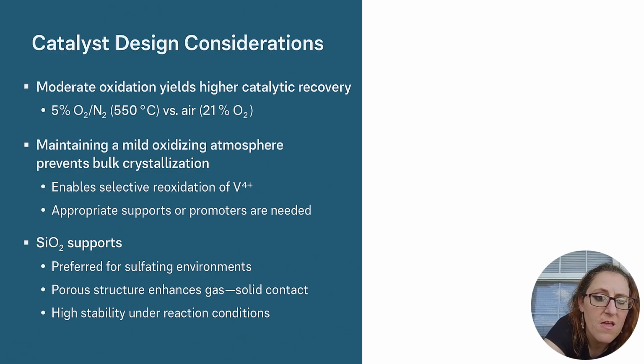High surface area silica supports are preferred due to their chemical inertness in sulfating environments and their ability to retain structural stability up to 500 degrees Celsius. The porous nature of silica enhances gas-solid contact and heat dispersion, ensuring uniform reaction kinetics and thermal management through the catalyst bed. The catalyst is typically prepared by impregnating a silica support, either diatomaceous or synthetic, with a precursor solution